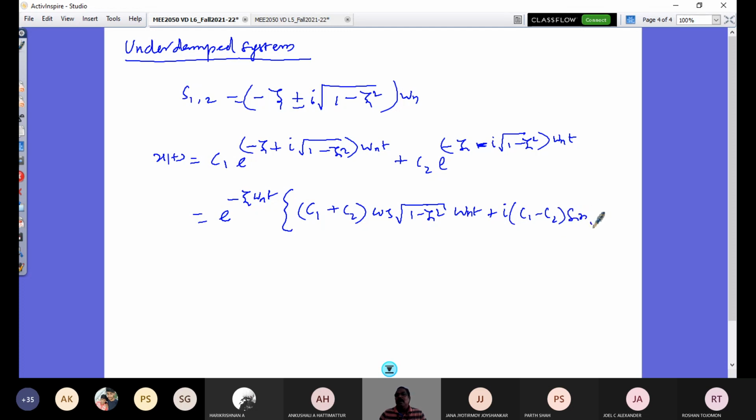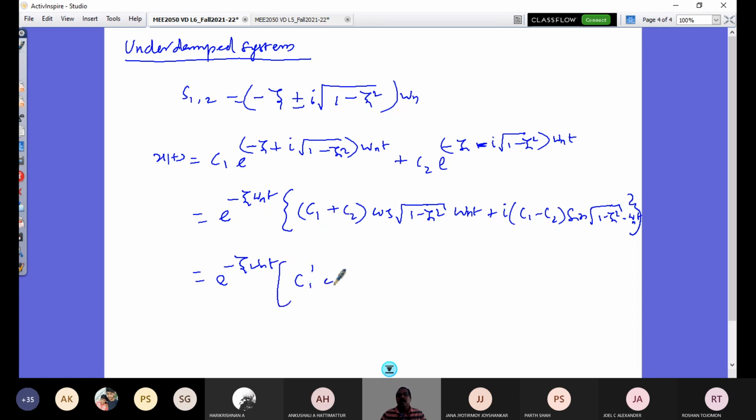Sine root of 1 minus zeta square into omega n t. So this is closed. You see, an exponentially decaying function is taken out, and then you have this. If you look at this, C1 plus C2 is one constant, and this is C1 minus C2. So to differentiate from undamped vibration, I will call these C1 dash and C2 dash, right? So I'm going to have my solution e raised to minus zeta omega n t into C1 dash,